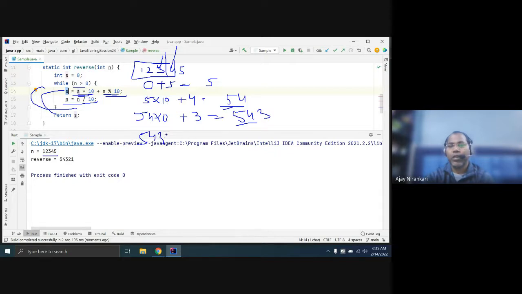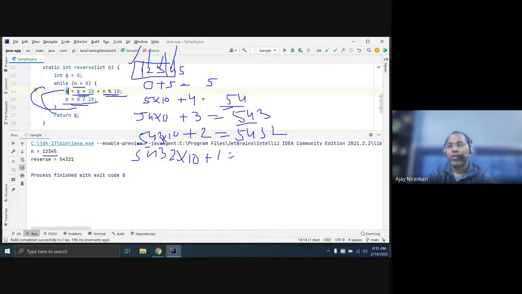Okay, and multiply by 10 plus what remainder, you are getting remainder 2. Then you are getting the 5, 4, 3, 2. Again dividing number, number becomes 1. Next time you're getting the S becomes 5, 4, 3, 2 multiply by 10 plus your remainder, you are getting the 1.